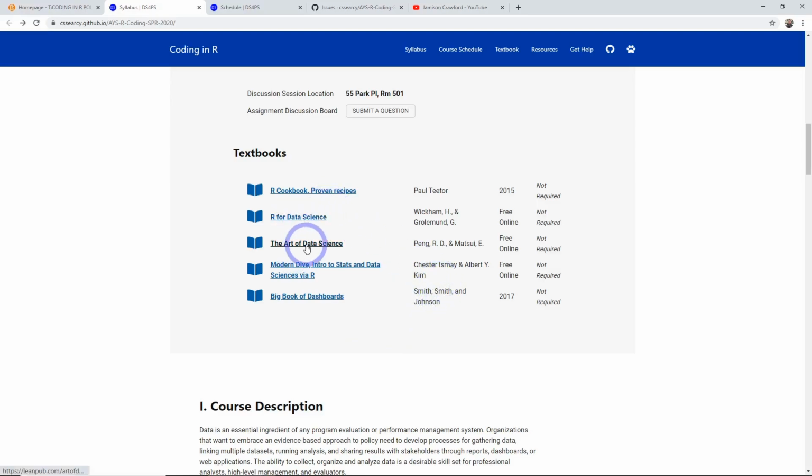So we have the Art of Data Science. So it says free online. That's no longer true. It's actually up to $20 now. But this is from a great website called LeanPub, not just the Art of Data Science by Matsui and Peng, but